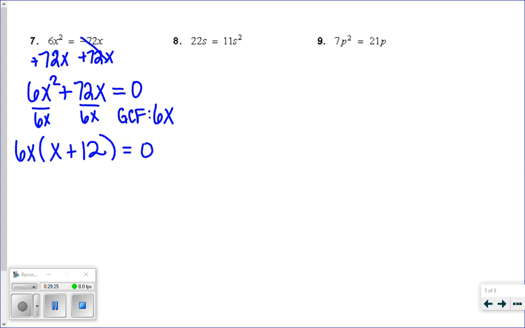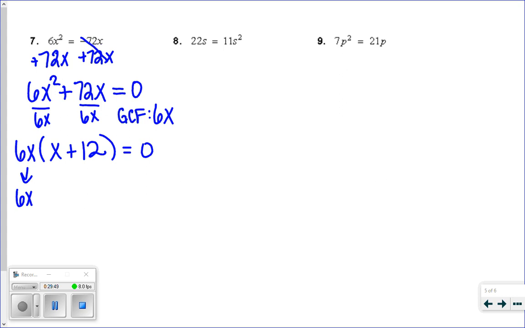I'm going to say it one more time. Ways to check this: look in the parentheses and make sure there's no common factor between x and 12 that you might have left behind. And also, if you distribute the 6x back in, at least in your head or on paper, it should be equivalent to the previous one, the 6x squared plus 72x. Those are the ways you know you did this perfectly. Okay? Great. So now we have this in factored form equal to 0, and it looks just like yesterday's lesson,